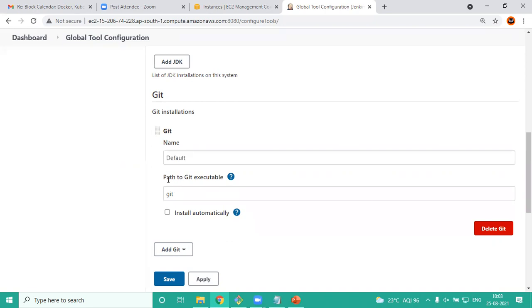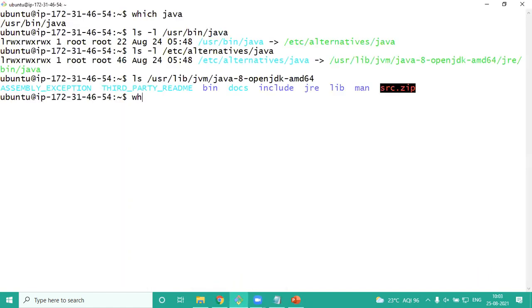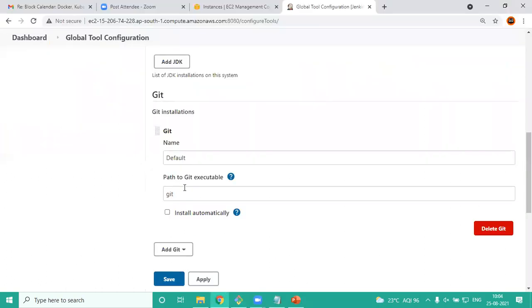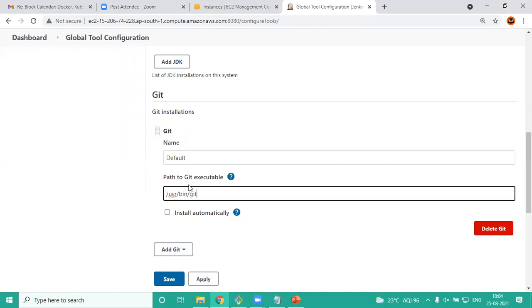And next, it is asking what is the path to Git executable. So this is where, once again, I'm going to master, and in the master, if I just search where is the Git available, it says it is in user bin Git. So give the complete path, okay, including the executable. Okay, so I have just given this location. Now, if there is any other tool later on, if you need, you're going to come to the global tool configuration, and then you're going to add it here. Okay. So that way, once you have added whatever the necessary tools is needed, then you can go ahead and